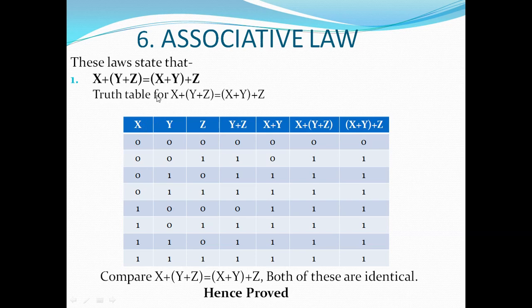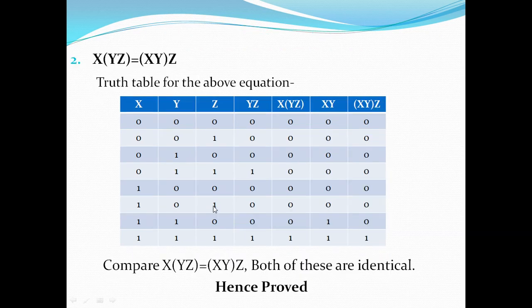So what we'll do, we'll add this x with y plus z. Similarly, right hand side (x plus y) plus z. So this is the x plus y, add this x plus y with z. Now these are the two columns. This is LHS, this is RHS. Now compare these two columns. Both are identical to each other. So using this truth table, we have proved that x plus (y plus z) is similar to (x plus y) plus z. This is similar to associative law in mathematics also. Fine. So next statement is